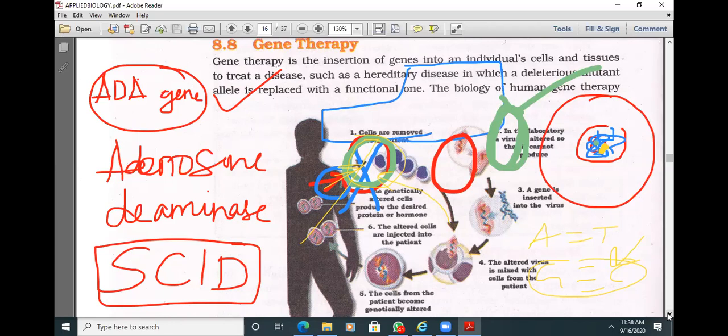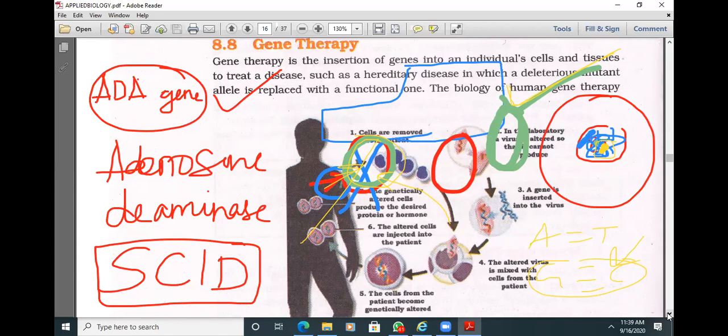From a gene therapy point of view, it may be easy. That means in the huge genome, recognizing that particular area and introducing the gene in the same place is very difficult. So that's why we're not going with that option. We are going with this option, which is very easy for us. That means making the entry of that particular gene somewhere else in the nucleus, not exactly in the same place. Okay, so that is the case.